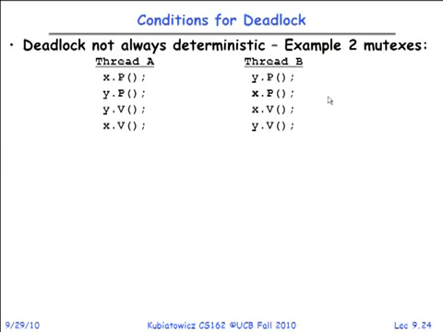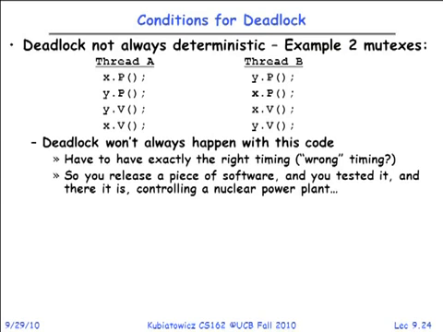Now, deadlock doesn't always happen in this code. You have to get exactly the right timing, or wrong timing, I guess. And you've been testing it over and over again, and then you release it, and it's running a nuclear power plant, and it locks up just as it's about to melt down, right? These are the kind of bugs that unfortunately are very common in the field because they require extremely specific circumstances in which to happen. And the only way to combat these is either infinite testing, okay, which is kind of hard because it takes a long time,